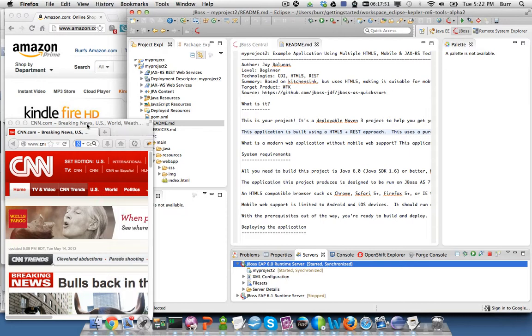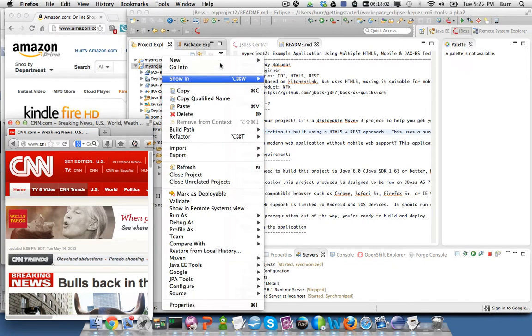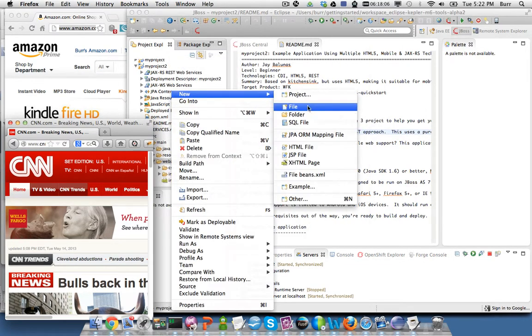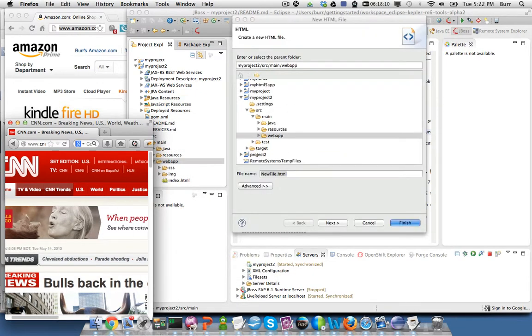And then I have two browser windows open, a Firefox and a Chrome, all set up with Live Reload. The Live Reload server is started, and I believe these two are connected. We're about to find out. So we're going to go in here and, for this project, I'm going to add a new HTML page and HTML file. All right, and let's just call this